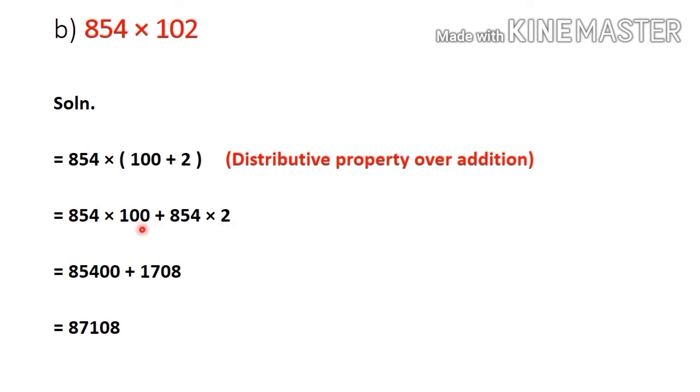So we have seen here two problems, how we are applying distributive property in that problem and finding the solution. If they are mentioning in the question find the product using the suitable property, it means you have to apply the property and you have to write down the answer. Okay.